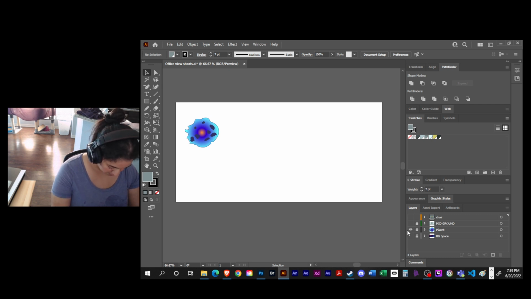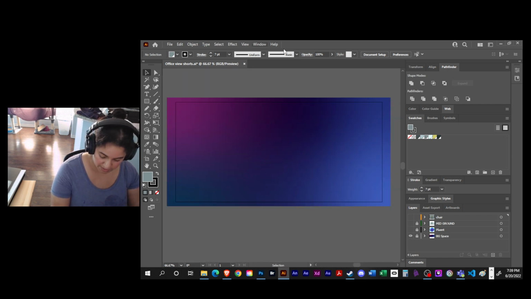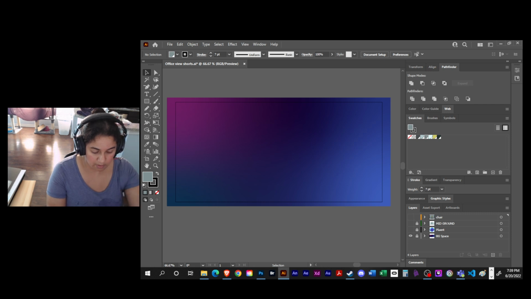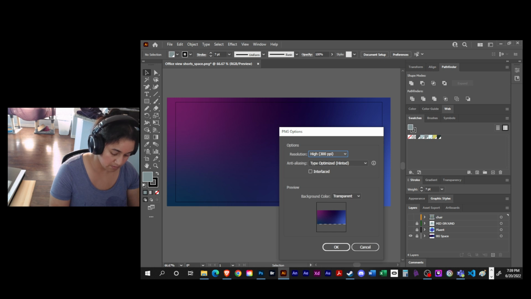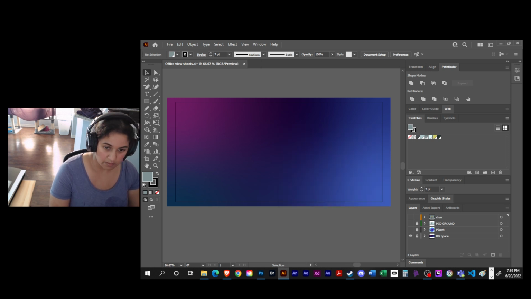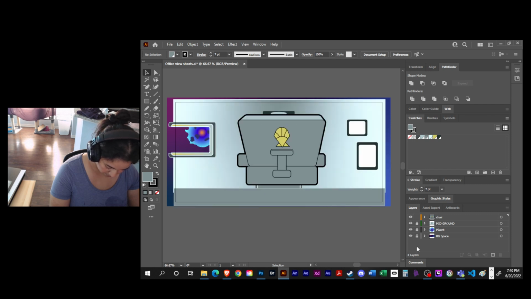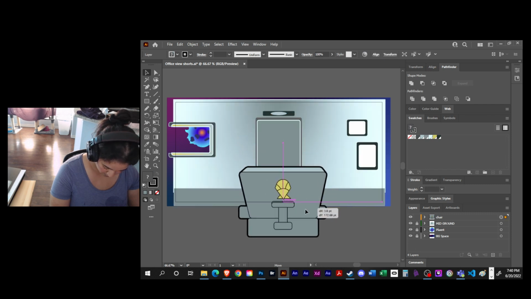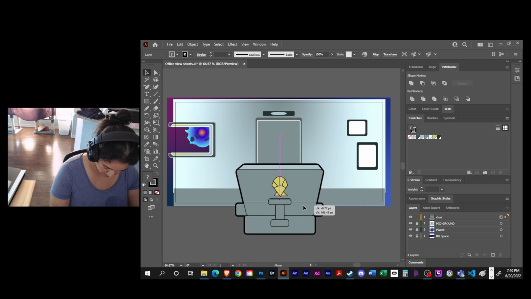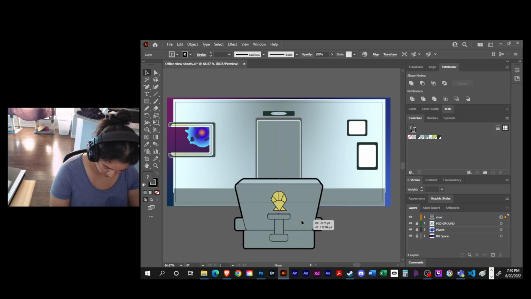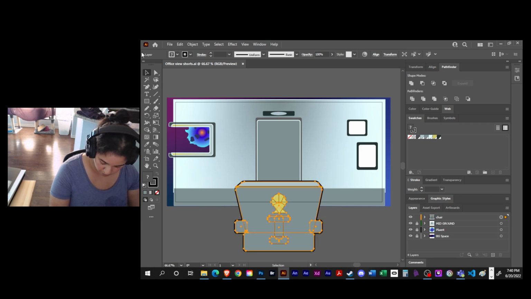And then for the last one, let's just do the gradient. Nothing flashy. File, export, export as. In this case, we're going to use the artboard. Space. There we go. Export. Okay, and the last thing that I want to do, this is for my personal reference. And again, the good part about this asset is that it can be reused and moved around however it's needed. So file,